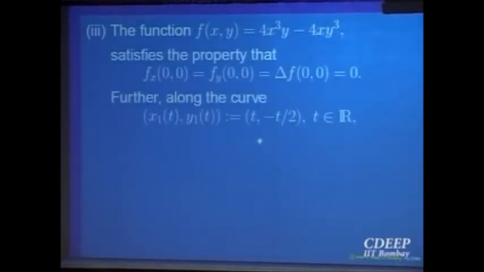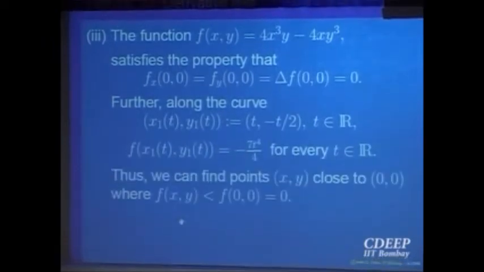Okay. Let us look at another example. 4x cube y minus 4y x cube, at 0, 0 the value is 0. You can analyze along some different curves, right? I am again and again giving many examples so that you understand that it is not always necessary that you should use a derivative test. Normally the tendency is to immediately go for a derivative test. Sometimes it is more intuitive to do it in a naive way by looking at curves.